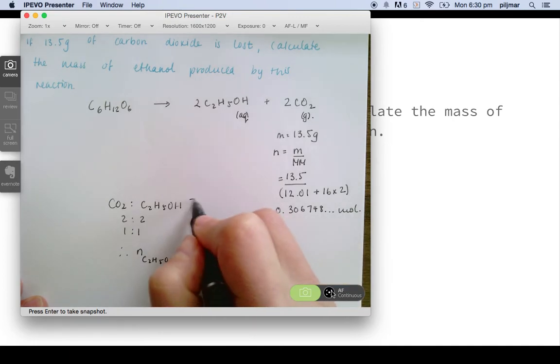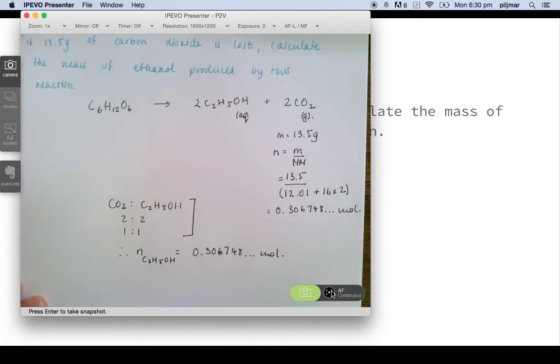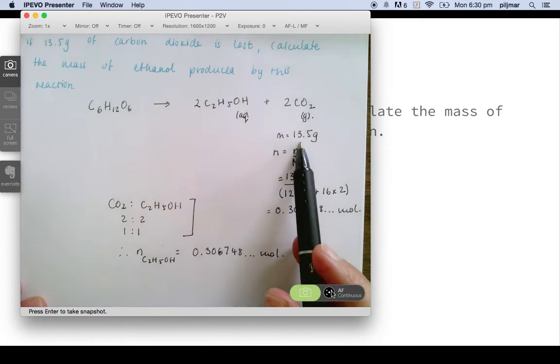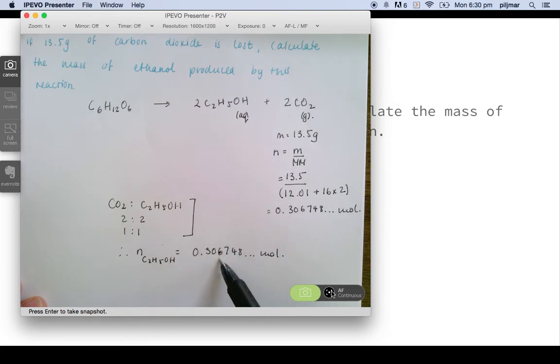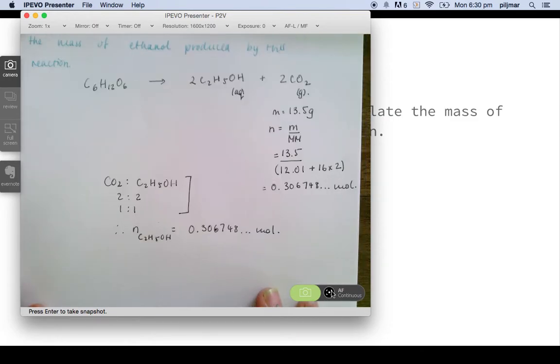But I need to write this molar ratio in so that when I see your work and you're working out, I actually know where you got this value from. Okay, we just don't go straight from here, where the moles of carbon dioxide is shown, to this value here. You've got to show the working. How did you work out that particular number of moles? Once we've done that,